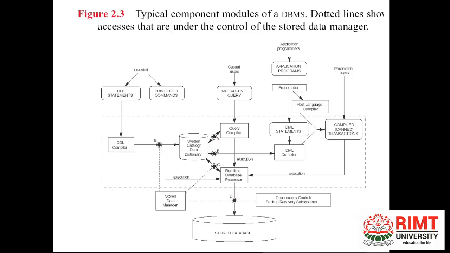Clear? So system catalog, data dictionary, and you also note down, sometimes we call it metadata. System catalog, data dictionary, or metadata, that is data about the data. Then comes the runtime database processor. It processes the query at runtime, because the user is interacting with the query at runtime or at any time. So it is a runtime database processor. You can simply say database processor, which processes the query. Clear? And then the query goes to this database.